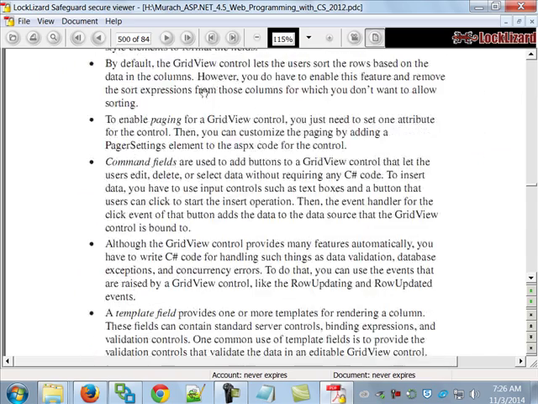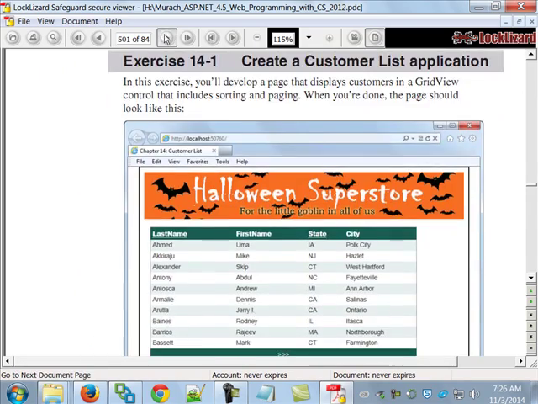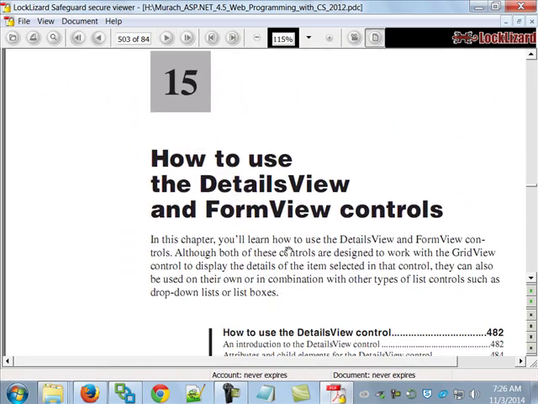So I will come back again tomorrow, hopefully. And on that day, we will go over chapter 15, how to use the details view and form view controls. Wednesday, I'll go over chapter 16, and chapter 16 is on how to use the list view and data pager controls. And then finally we'll look at, if there's time on Thursday, chapter 17, which is on the object